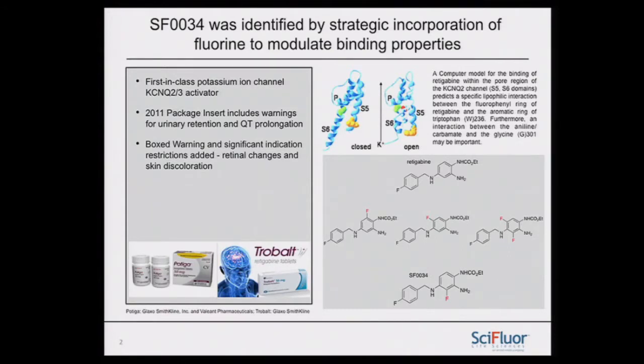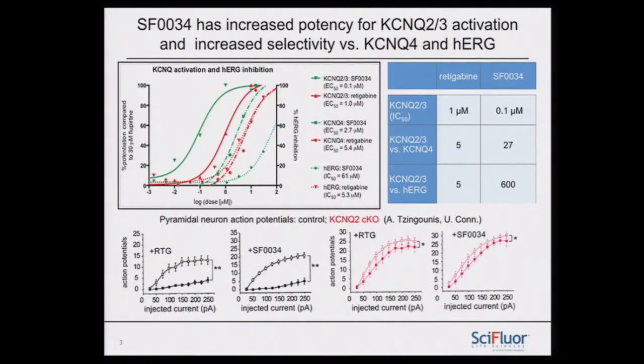However, we did go ahead and make a small set of compounds, shown on the lower right of this first slide, where you see we made just 4 compounds. We actually identified out of that SF034, or SF34, which has some very interesting in vitro properties. If you look at its activity as a potassium channel activator, it's about 10 times more potent in terms of